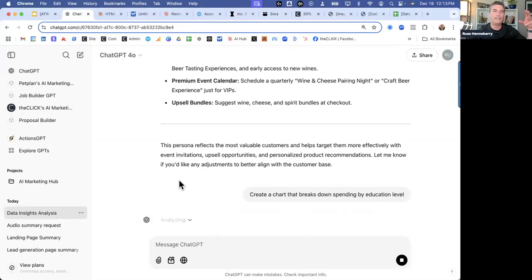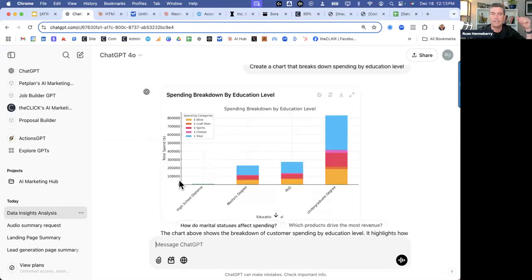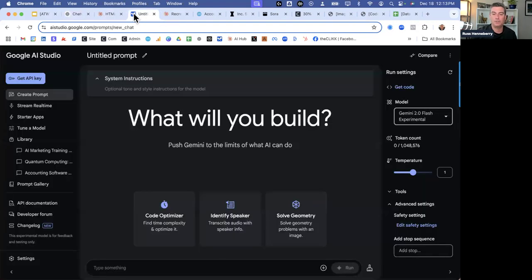All of these systems are going to be able to do this. I just tend to work inside of ChatGPT when I'm working with data, mainly because I think it's better than these other ones. But you can absolutely come over here into Claude. You can use it, and you can use it over in Gemini as well.